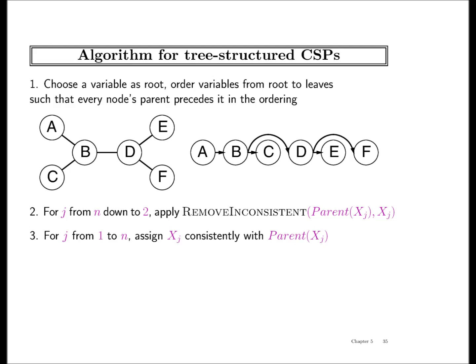How much arc consistency did I have to do? N minus 1 arc consistencies in the worst case. Everything has at most one parent because it's a tree. And each arc consistency takes d square time, so n d square for the arc consistencies, and then when we move forward, I think that is even faster. Order n d square. Pretty easy.